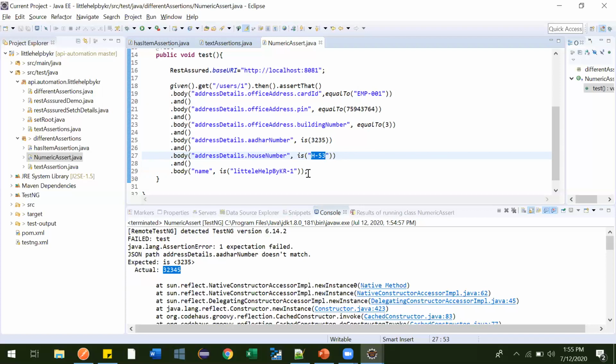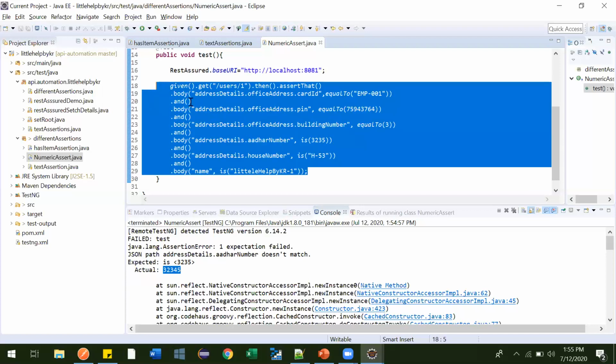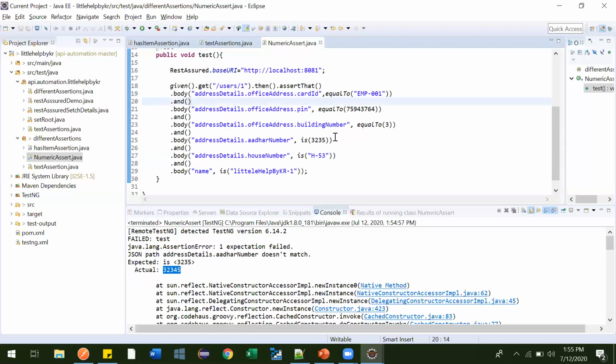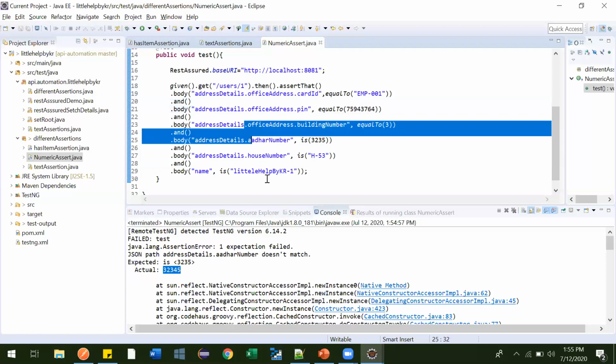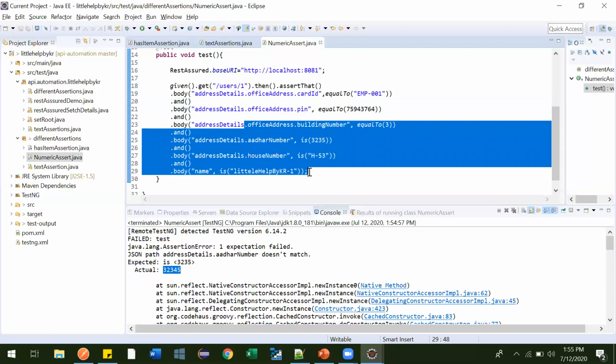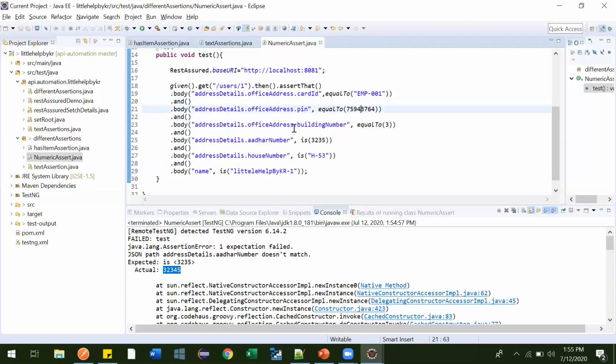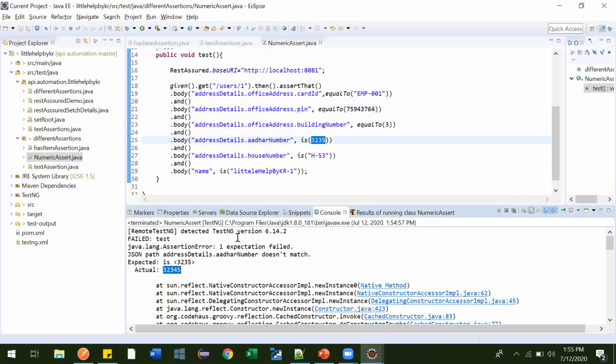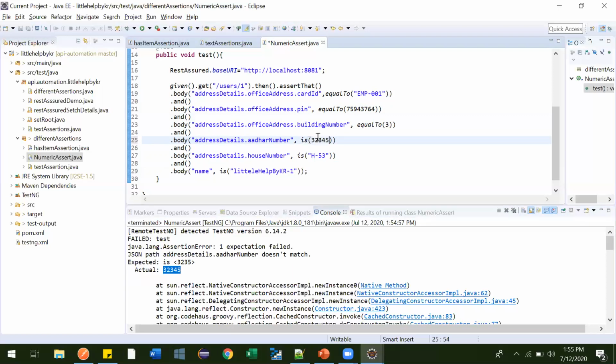So if we use this kind of assertion with and, what will happen? Until and unless everything is proper, it will not pass, and the user will not get information about whether the values they were trying to assert after the failure are coming correct or not. So if a failure came, the user will modify this one and run again, then see the next failure.